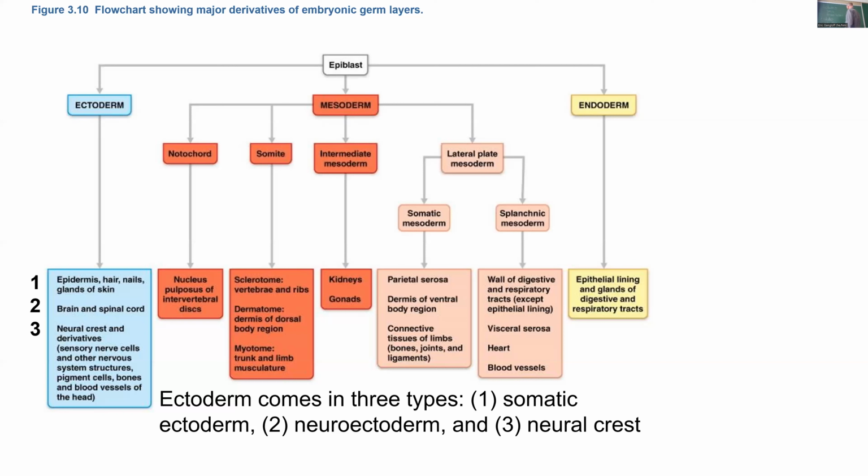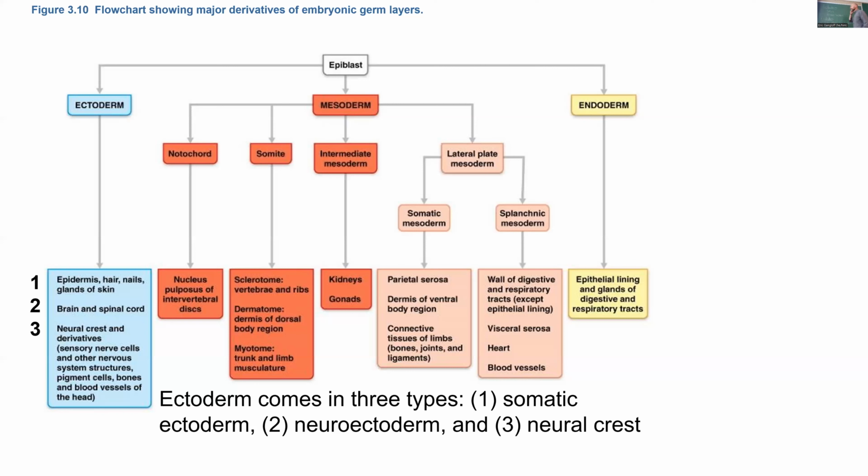So you'll see this diagram I'm showing you gets into a lot more detail, but this is the main takeaways that I want you to know. Again, endoderm is the yellow layer, right? And so that's the layer that forms the middle of that tube. So it makes sense that these structures that are down the middle of our body would be derived from that